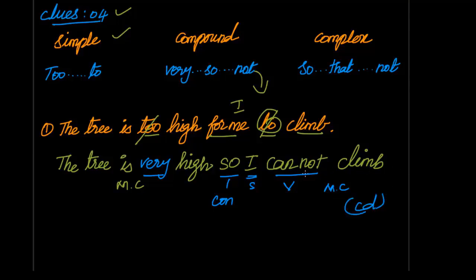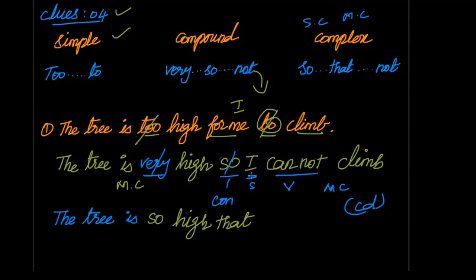Now we change the sentence into complex. Complex means we remove "very", "so", and also we put "so... that", and "not" is here also, so we should not need to remove the not. And in a complex sentence we need one subordinate and one main class. So we just take the subject also here, the tree. Instead of "very" we put "so" here. Instead of the conjunction we put "that" here. Already we have one main class, so we just take it down. Now read the sentence. The tree is so high that,